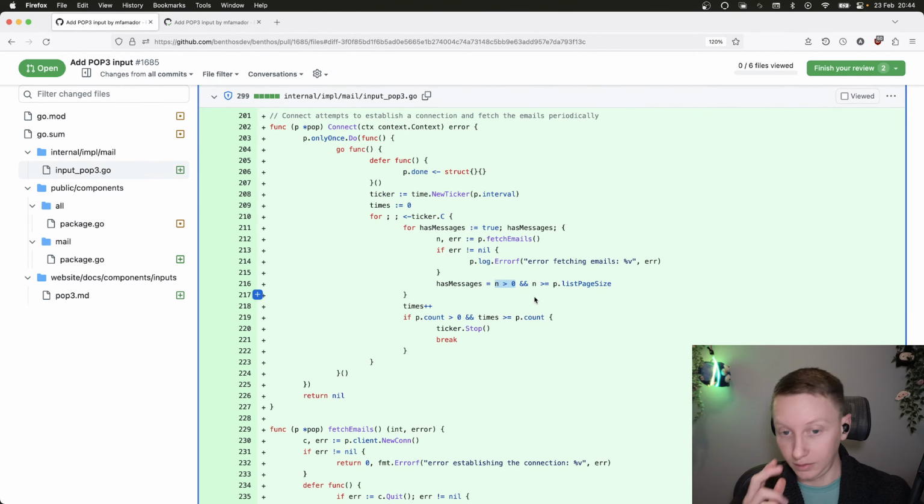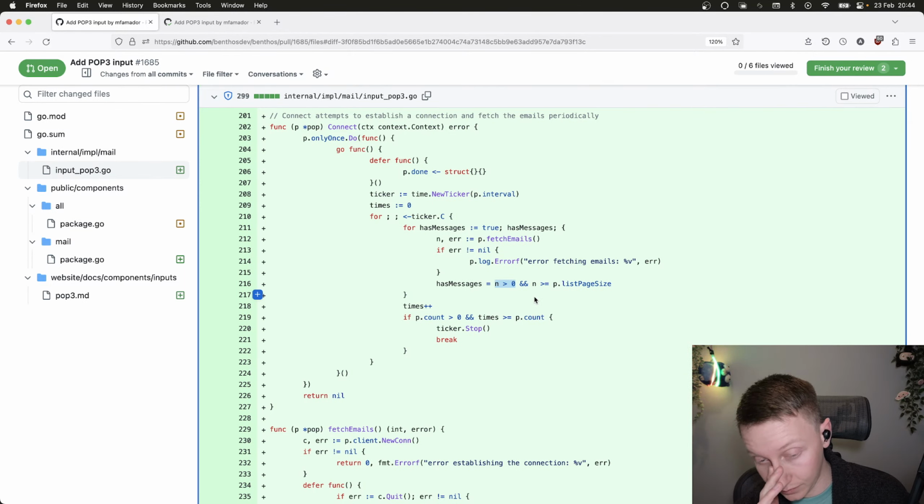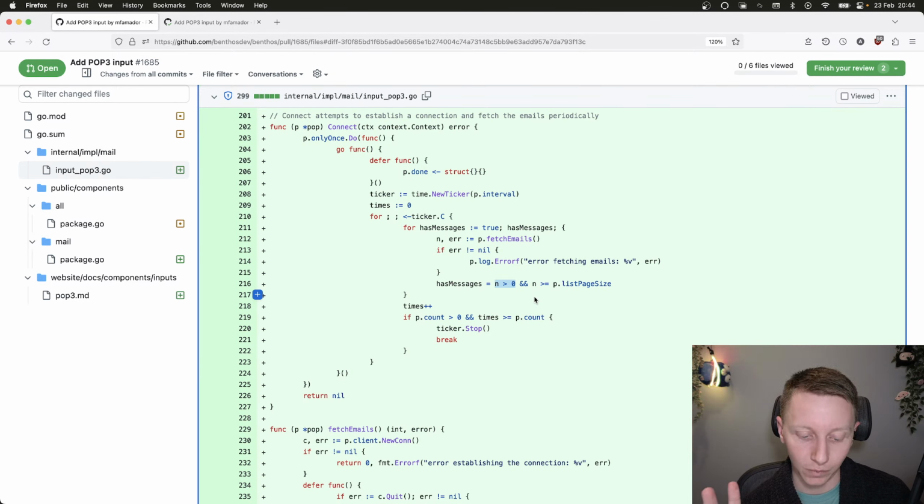Right, so did we... okay, so every interval we essentially drain the server of all the messages that haven't been read yet. And then once that's done, we exit this loop. Or, in the event of the number of messages we got is greater than or equal to the page size,